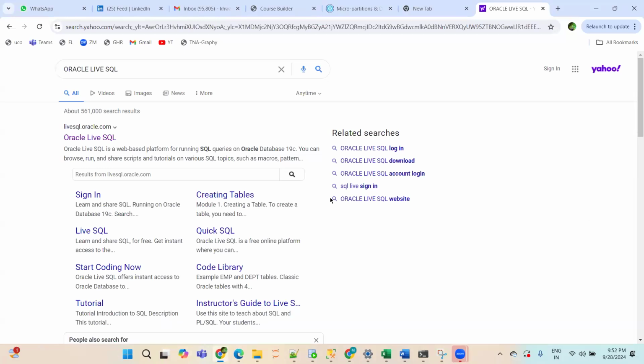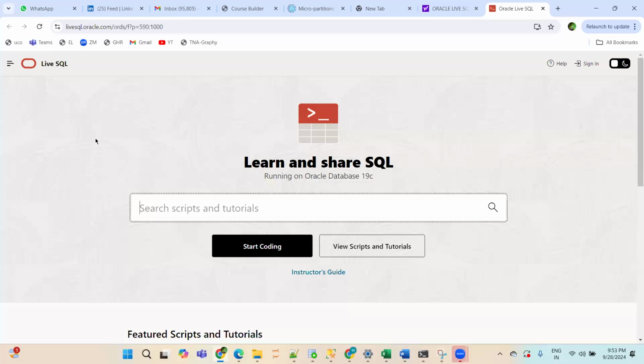What you have to do for this week and maybe next week, you just have to open Google, whether you have a personal laptop or official laptop. Just type Oracle Live SQL. Then you will get this page and then you click on it. Till here, any question? Is everything clear so far? Any question so far, anyone? All good? Yes.